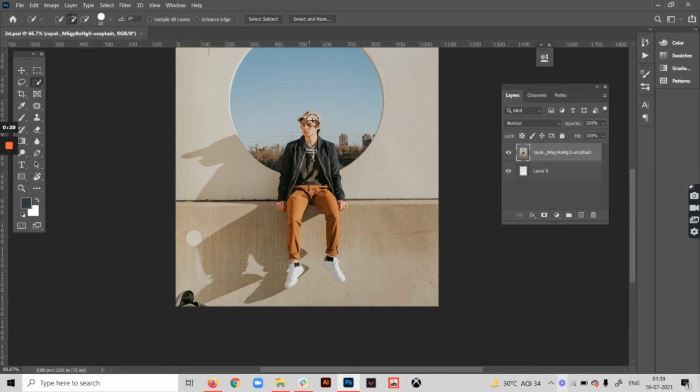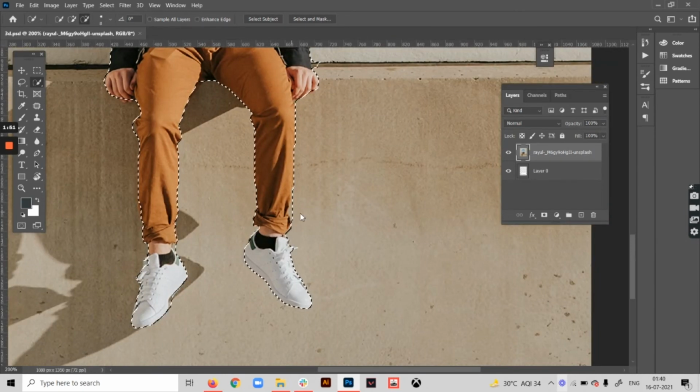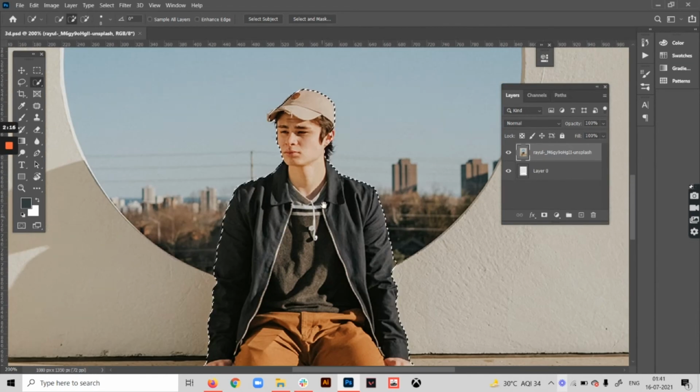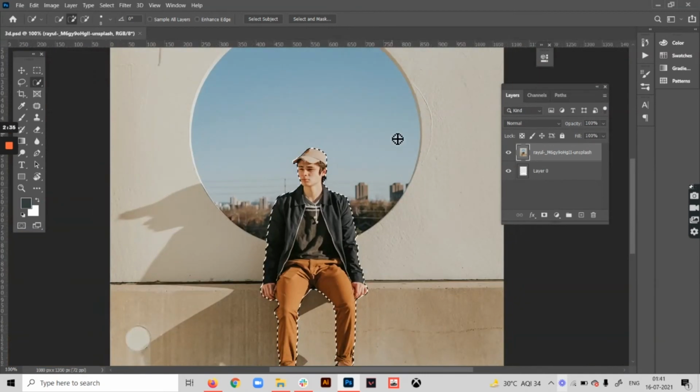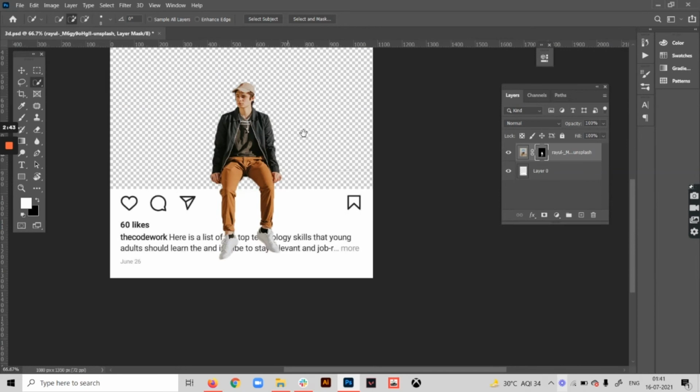Yeah, so I'm using the quick selection tool. So I'm just going to add a layer mask to this. And done. I have the subject with me.